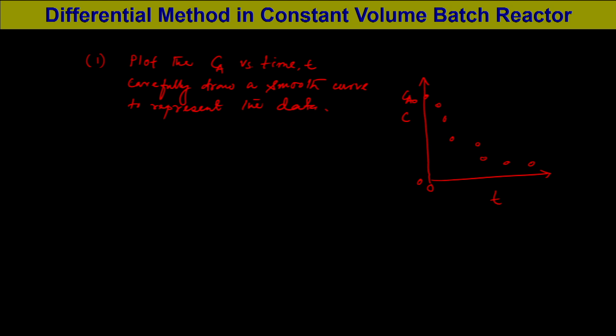So, with the eye as a guide, we can plot a smooth curve joining the points, and as you can see, the curve may not pass through all the points. So, this is how we will follow step 1, and then in step 2 determine the slope of this curve